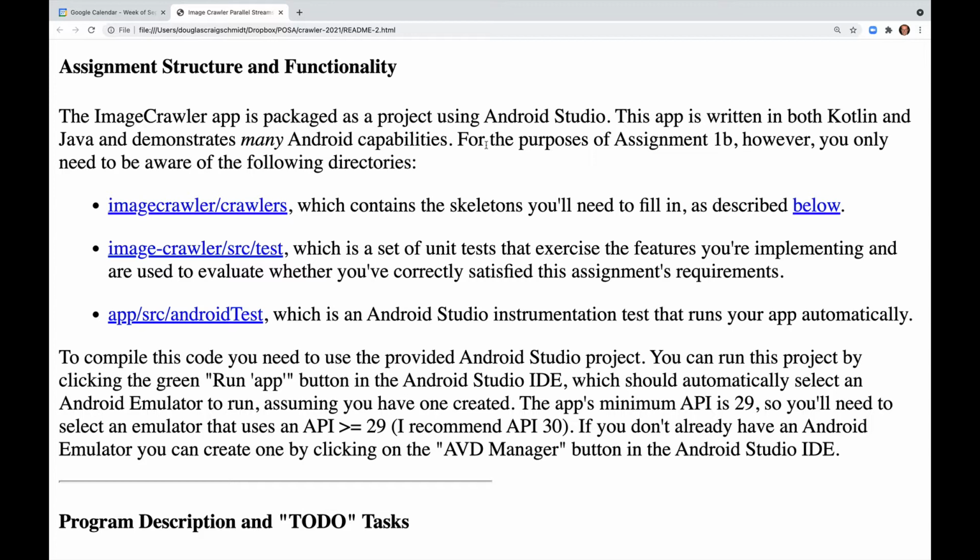To compile this code, you'll need to use the provided Android Studio project. You can run this project by clicking the green Run App button in the Android Studio IDE, which should automatically select an Android emulator to run, assuming you have one created. The app's minimum API is 29, so you need to select an emulator that uses an API greater than or equal to 29. I recommend API 30. If you don't already have an Android emulator, you can create one by clicking on the AVD Manager button in